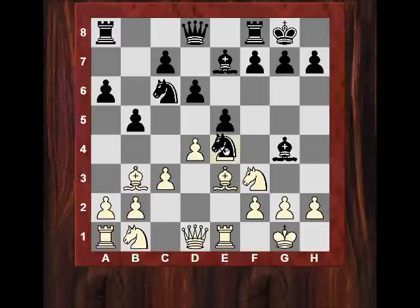Oh, a little trap here. If takes, then there's bishop d5. Yeah, there's a nice little trap there. That comes up quite a lot in the Ruy Lopez. Watch out for that one. And after bishop e3,